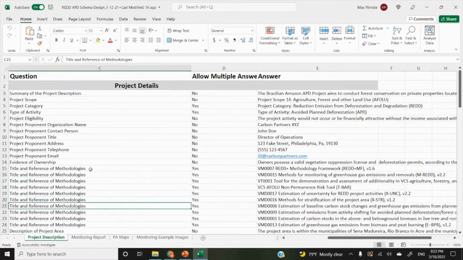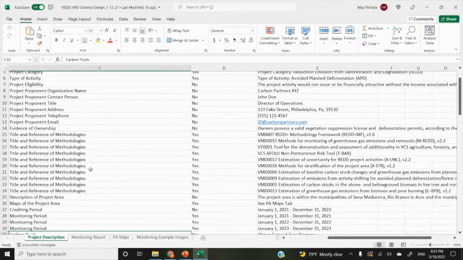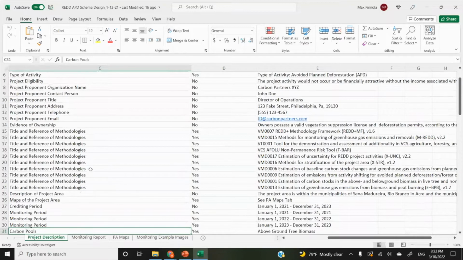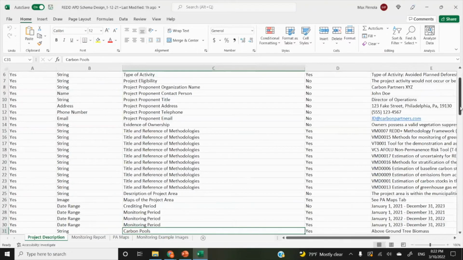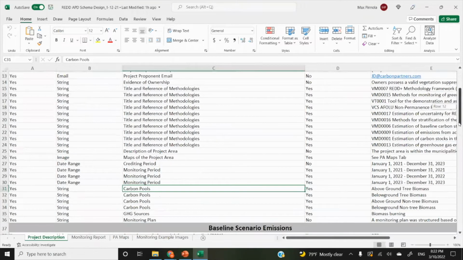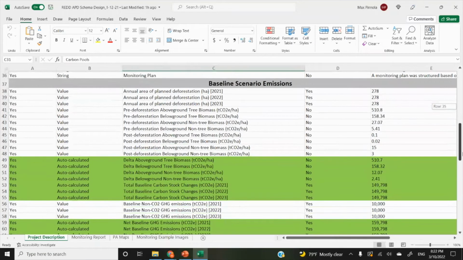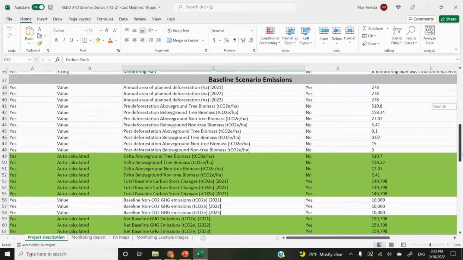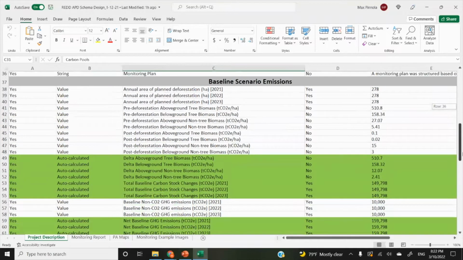But very importantly, if you scroll down, we go over exactly how VCUs are calculated for these types of projects, the inputs that are required. So let's take a look at the baseline scenario real quick. Basically, you're going to be calculating the amount of deforestation that is going to be occurring in the baseline scenario in the absence of the project activity, and the changes in carbon stocks that are estimated to occur